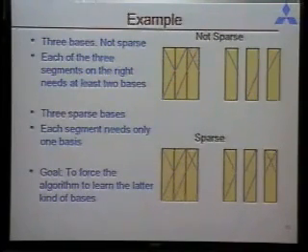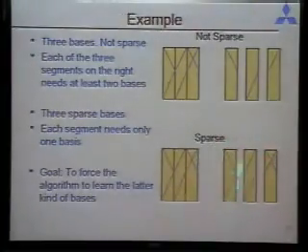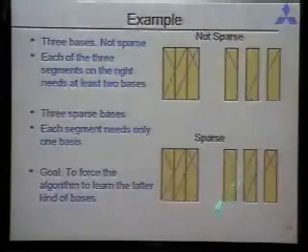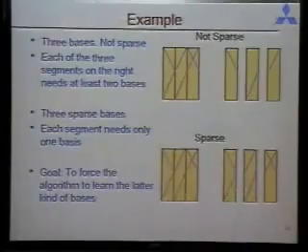Whereas if I use a sparseness constraint, then this is what I would get as the basis, because with the sparseness constraint I want to use the smallest number of bases to generate the spectrum. And if I do that, this is the only possible answer, meaning one of the bases has got to be this, the second has to be this, and the third has to be this. And now the difference here is that when you do this, each of the bases themselves carries a lot more spectral information.